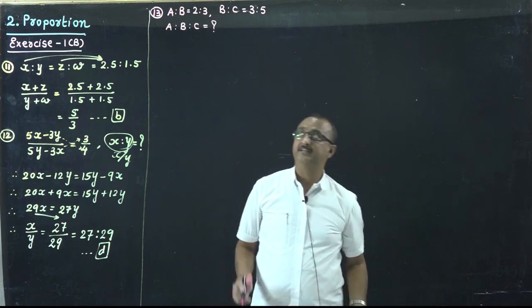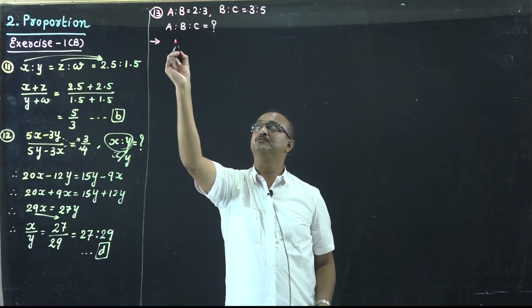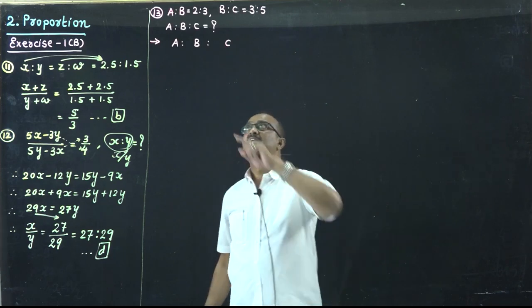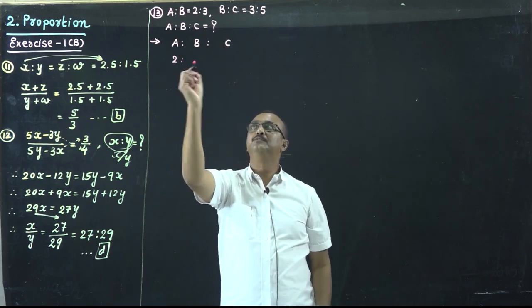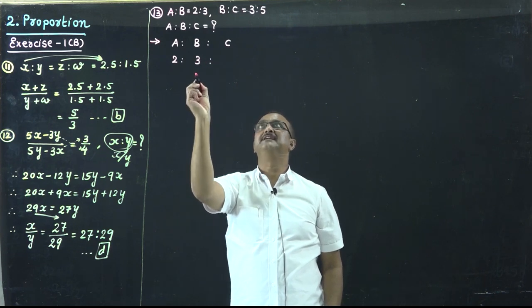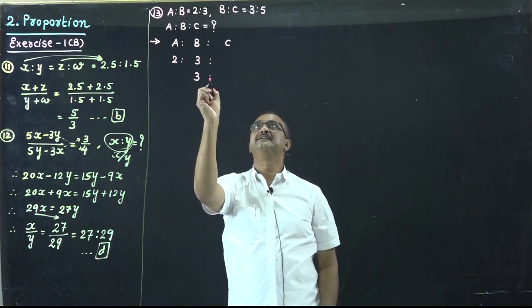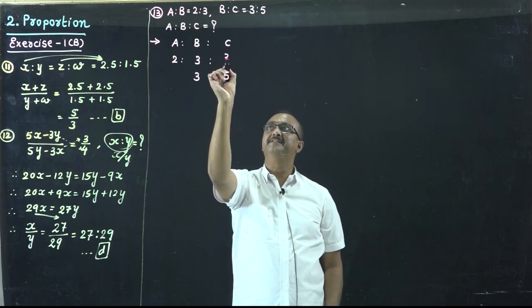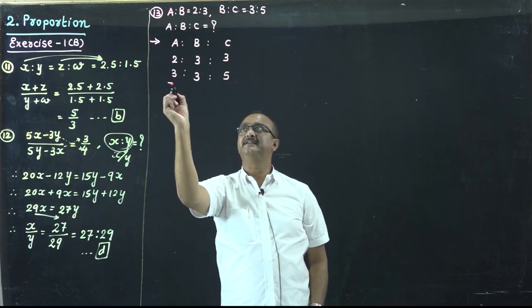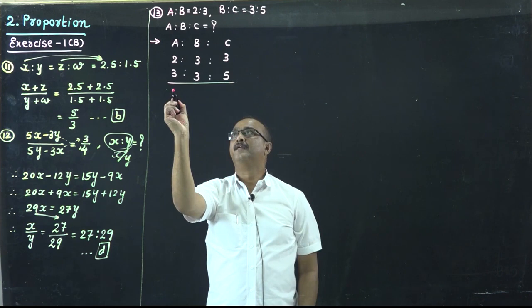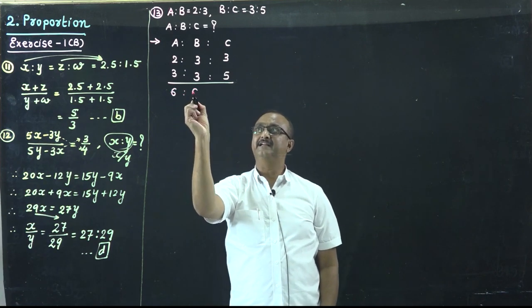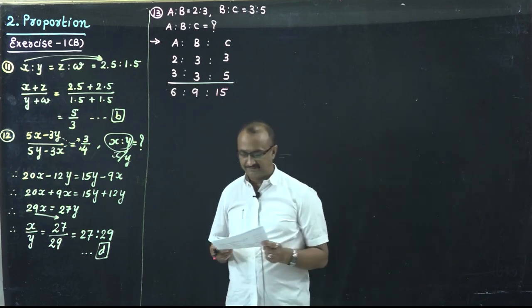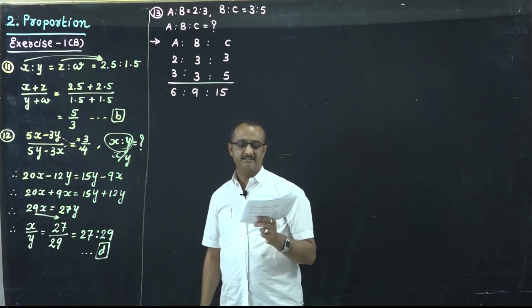Well, we saw in the last lecture how to find this. So write down A is to B is to C. A is to B is 3 and B is to C is 3:5. So which is common? B is common. So multiply with 3 here and multiply with 3 here. Now product: 3 2s are 6, 3 3s are 9, 5 3s are 15. So the ratio of A is to B is to C is